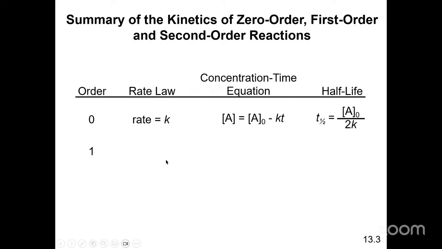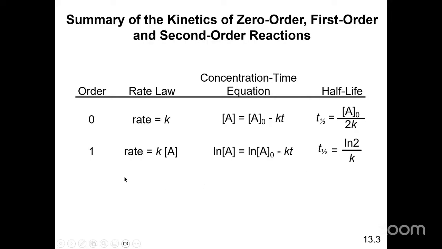When the order is 1, then the rate is equal to k times the concentration of A. There are two equations I showed you, both different ways of saying the same thing, but this is one of them: ln A is equal to ln the initial concentration of A minus kt,